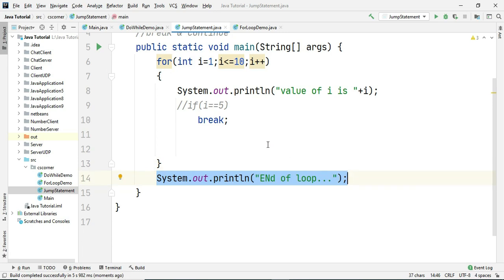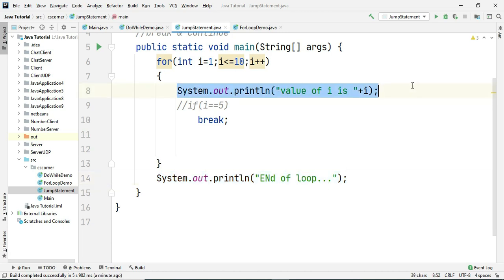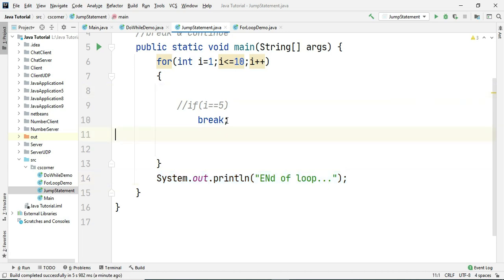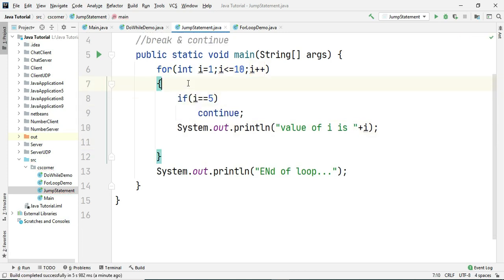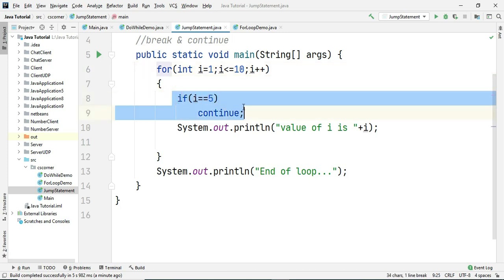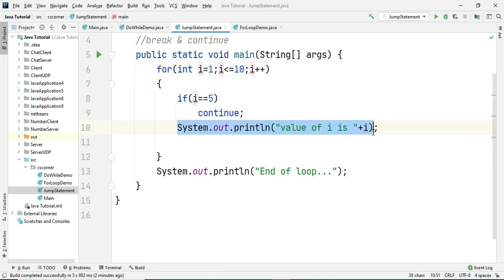It stops execution of the current loop. Now I'm going to write the continue statement. Let's take the same example, but instead of break, I will write continue. So now I have modified the program, and I'm writing: if i equals 5, continue. Let's dry run this program. Here my i value is suppose 1, 2, 3, 4. Till the condition is not true, it will print only the value of i as 1, 2, 3, 4.